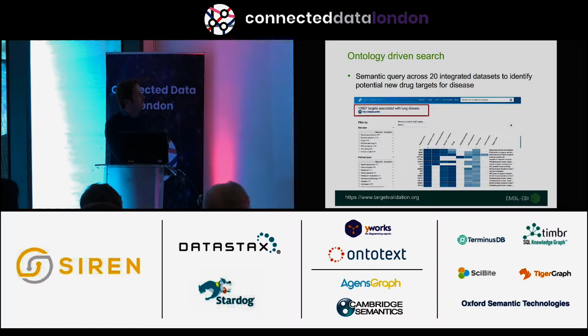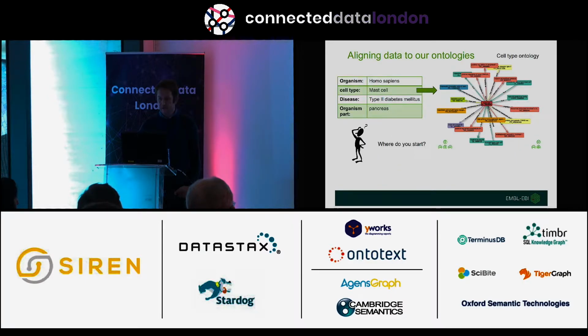And yeah, this is just a page, again, showing some sort of ontology-driven search on the Open Targets platform, so you can come and find potential drug targets. You can search by disease, and again, ontologies in the background are helping drive the search and the query expansion here. So that's the end result. So I want to talk you now through the kind of process of how we get there at scale.